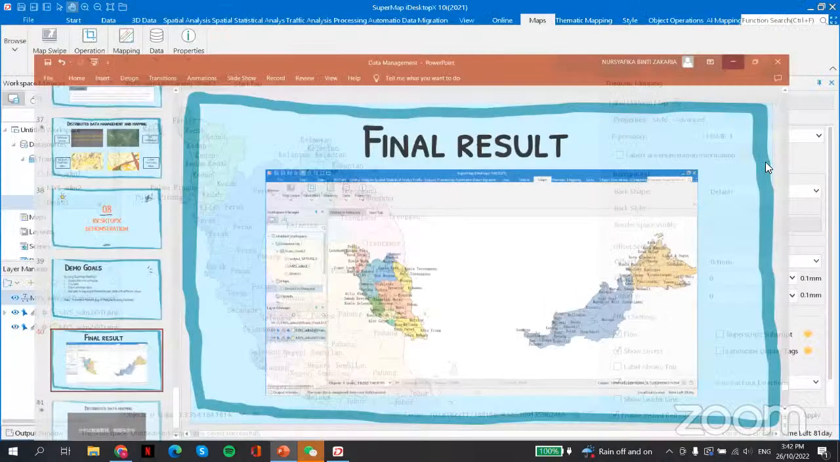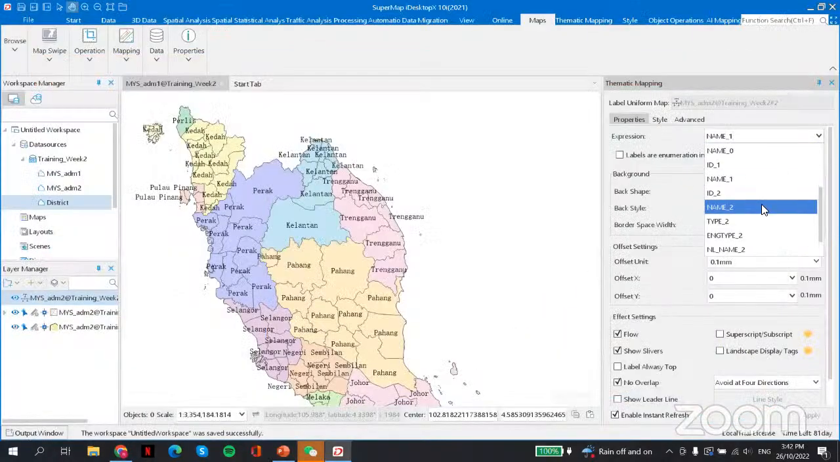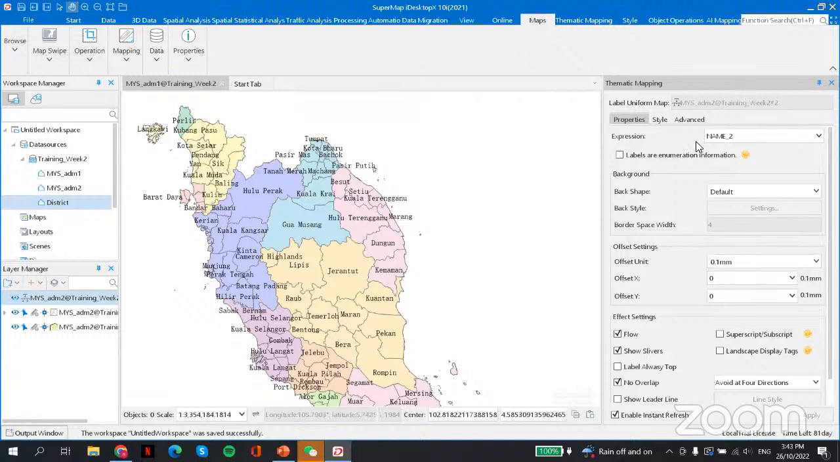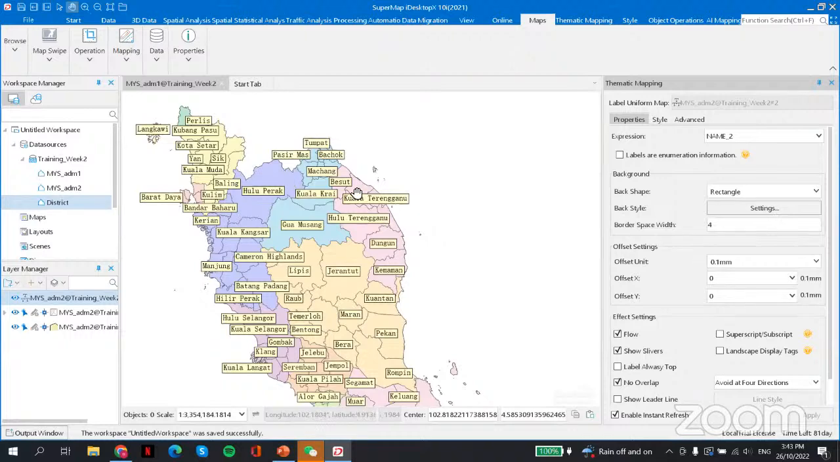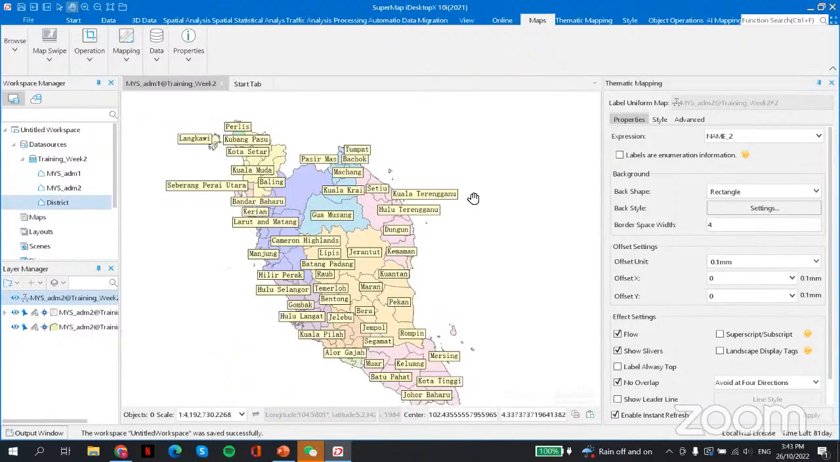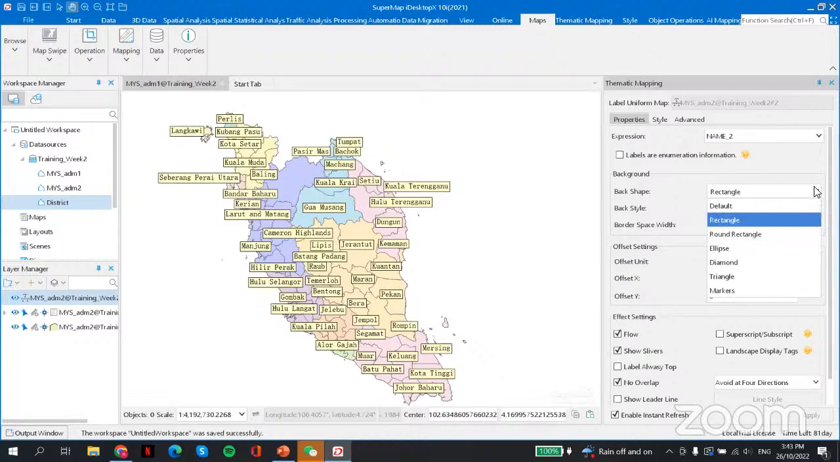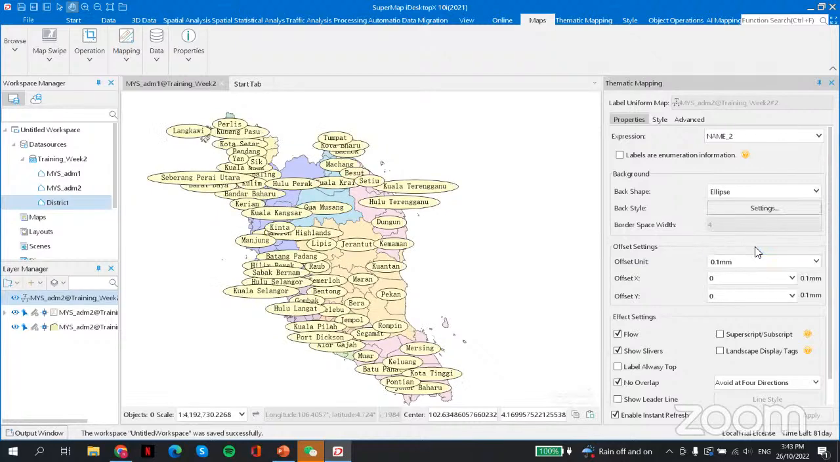So I'm going to change it back to name underscore 2, which is my expression. Then I can actually change the background shape of this area, where background shape we can change here under the background. You can go to the default. You can change either you want it to be like that, with nothing behind the words, or you can change it into the rectangle. It's going to be like this. Or you can change into the round rectangle, ellipse,